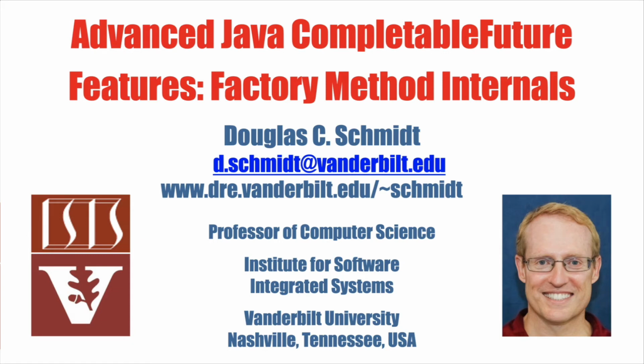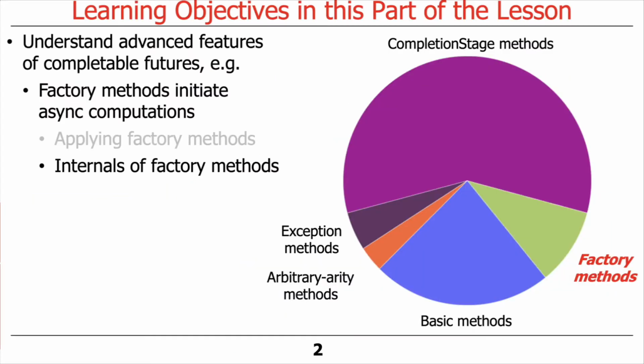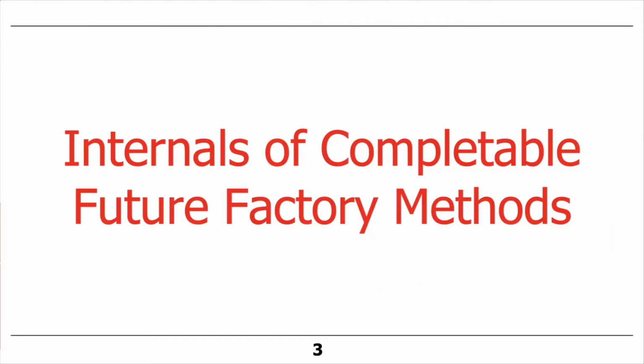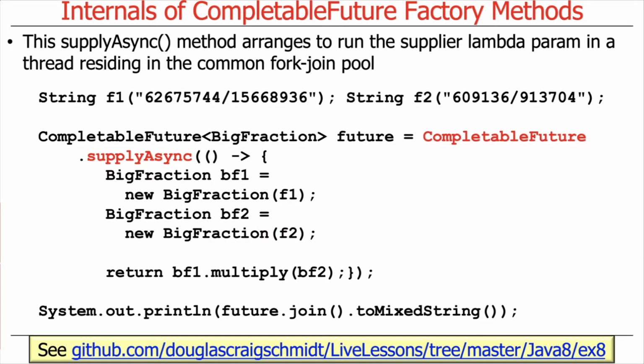So the last piece of the puzzle here on factory methods is to give you a peek under the hood at how factory methods are actually implemented. And this is kind of cool for a variety of different reasons, not the least of which it shows off the fact that reactive programming principles like message-driven are in fact embodied in the very implementation of completable futures in Java. So what happens here is when you call supplyAsync,